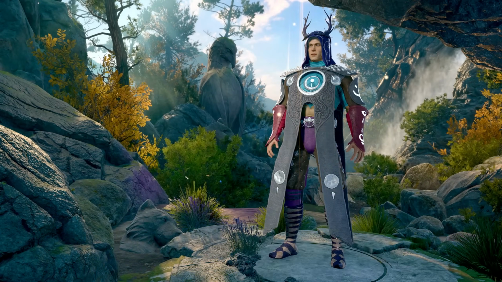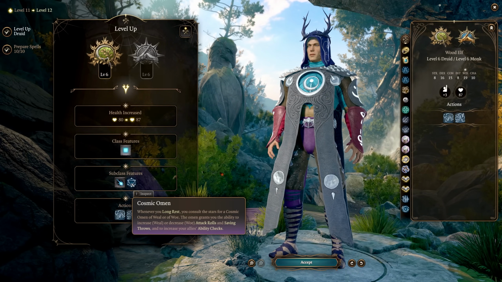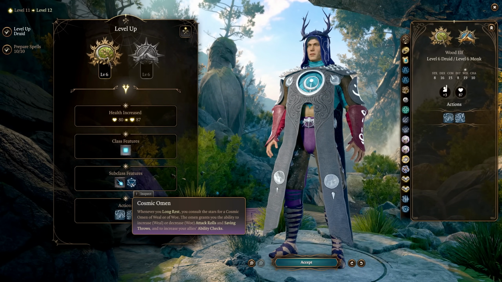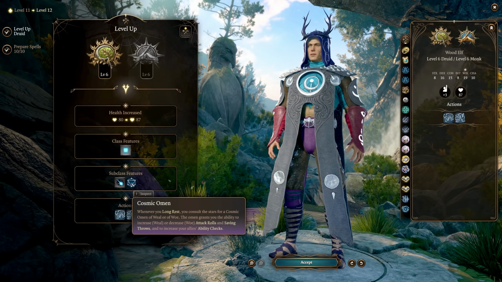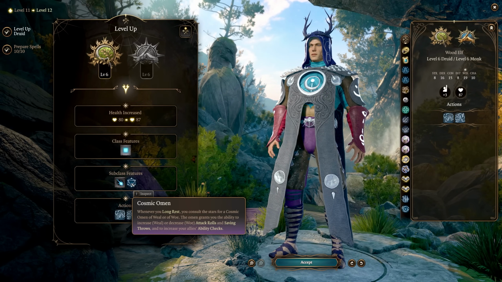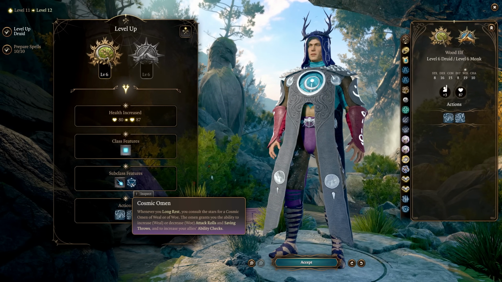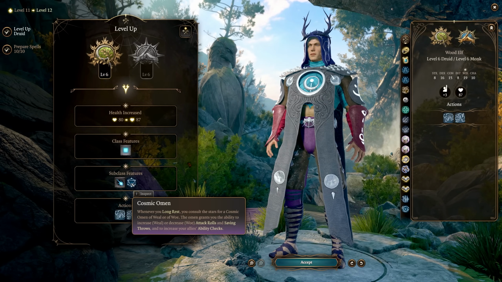Our last level here for Druid gets us the most important thing, Cosmic Omens. So whenever you long rest, you consult the stars for a cosmic omen of weal or woe. The omen grants you the ability to increase weal or decrease woe, attack rolls and saving throws, and to increase your allies' ability checks. So this helps you to